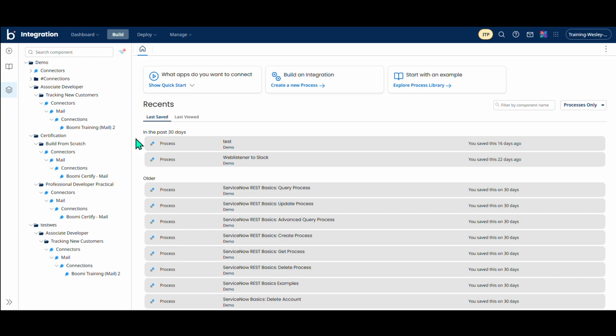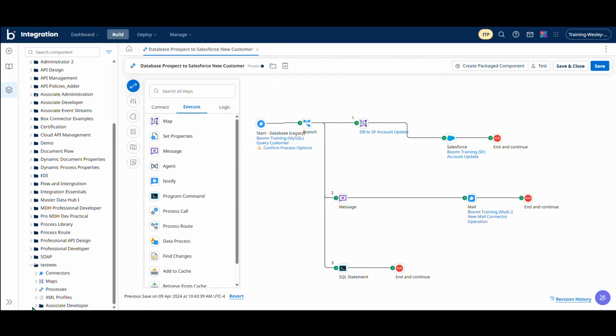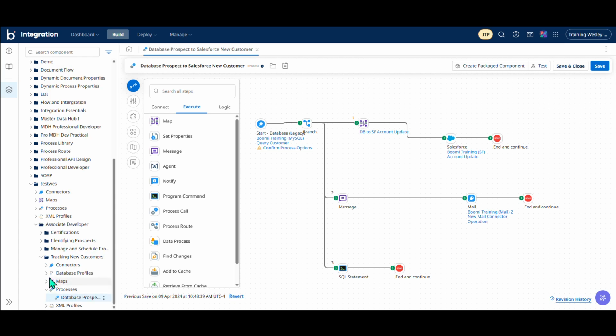For this, I like to create a duplicate of the window, and then we will come and locate the one at the bottom. So you would go down in your directory and hit test, associate director, and then tracking new customer, and come down to processes, and there's only one here, so you would click on it, and now you would see the